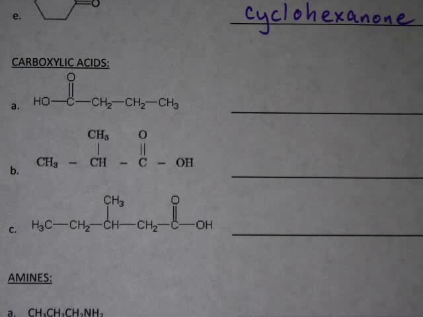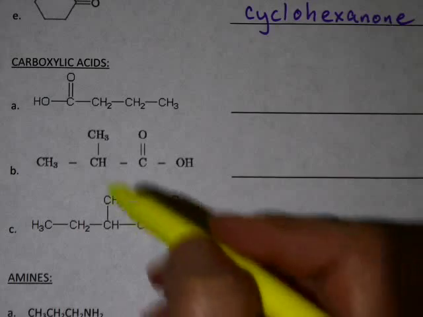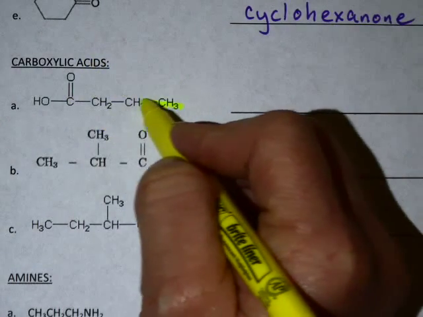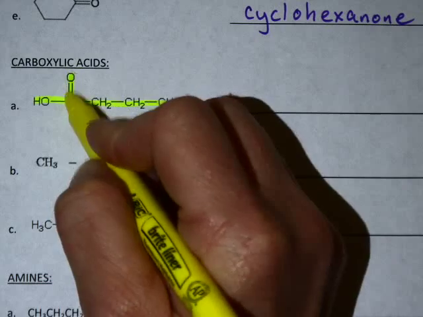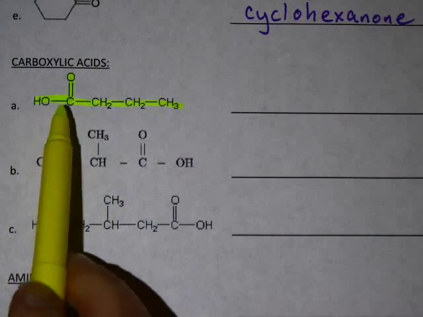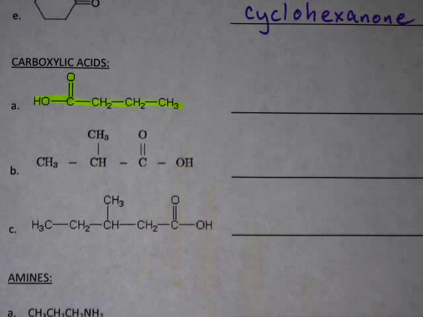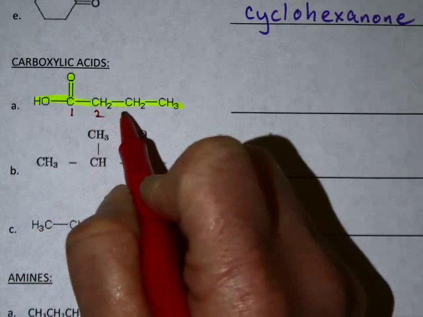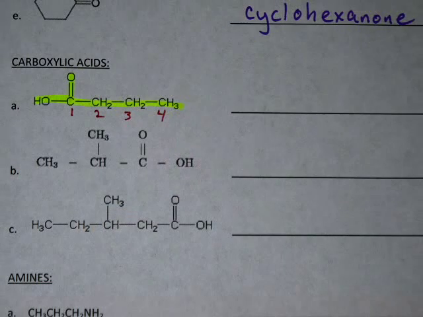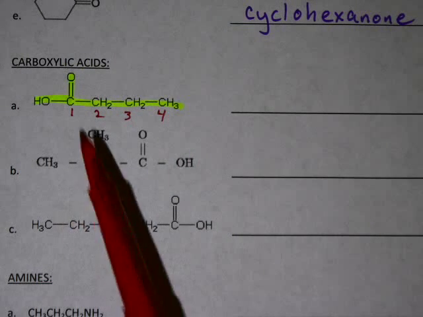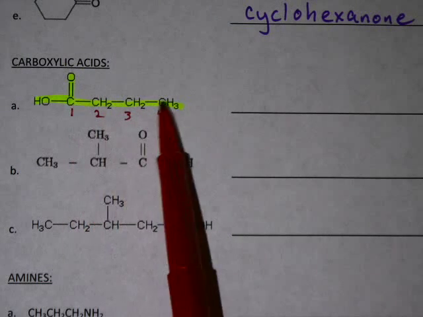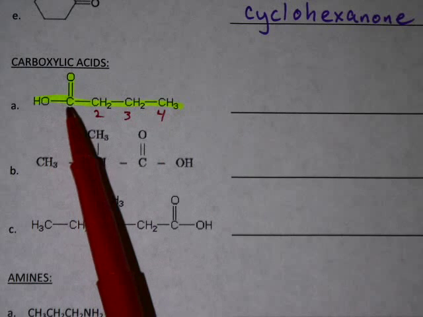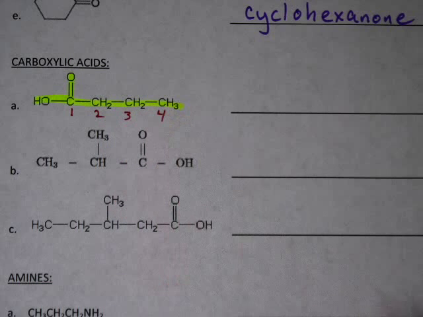Okay, let's take a look at these examples of carboxylic acids. We'll do what we've been doing. We're going to highlight the longest chain that includes the functional group. Here's our functional group right here. The longest chain is there. We'll number starting at the end with that carboxylic acid. Notice that carbon counts as part of that longest chain. The carbon is included. So this is carbon 1, 2, 3, 4.